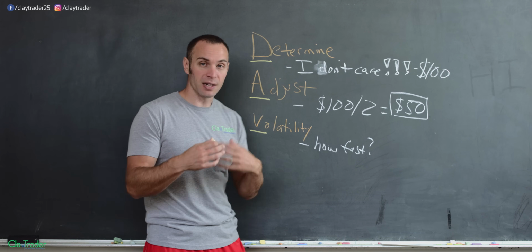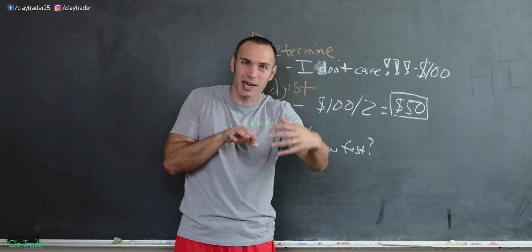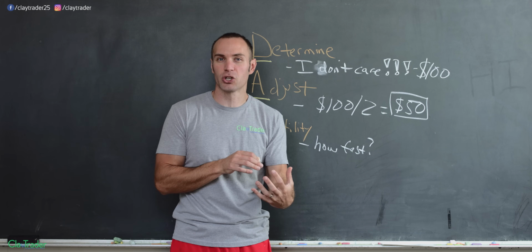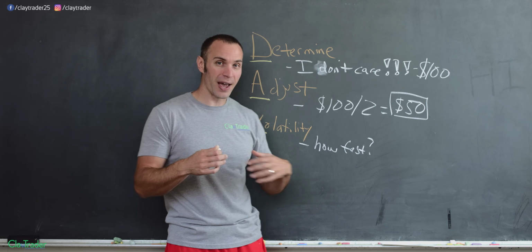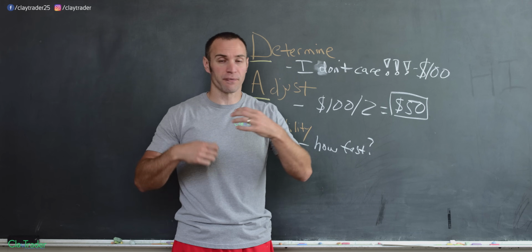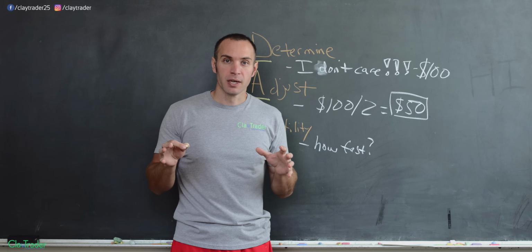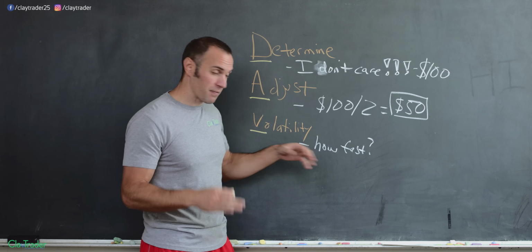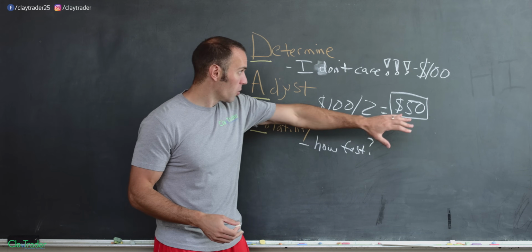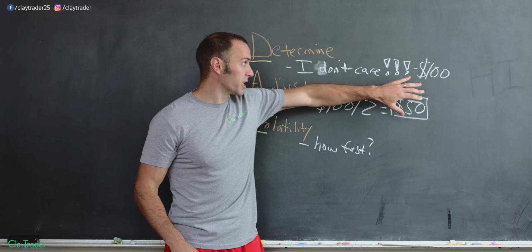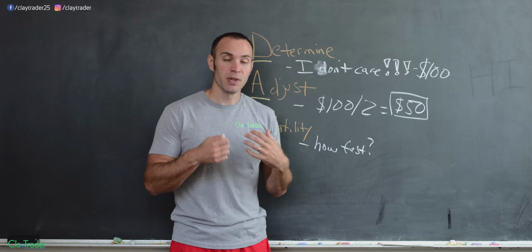So that's also now covering the fact that, okay, yeah, you're still in practice mode in terms of determining volatility. You're still figuring out, you're still recognizing what to look for, what to pay attention to in order to determine just how fast a stock or an option or a future or a Forex pairing is going to be moving. So you got to practice that, very important skill. And you got to also realize that, okay, it might not be perfect. So that's why adjust. You got to make sure that you make that adjustment.